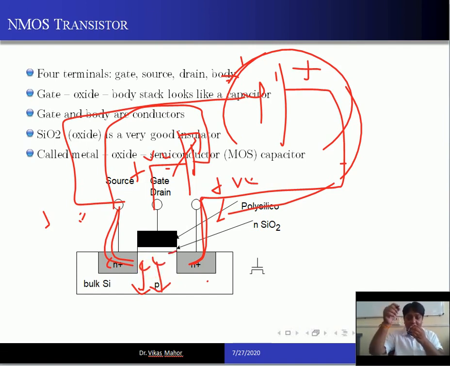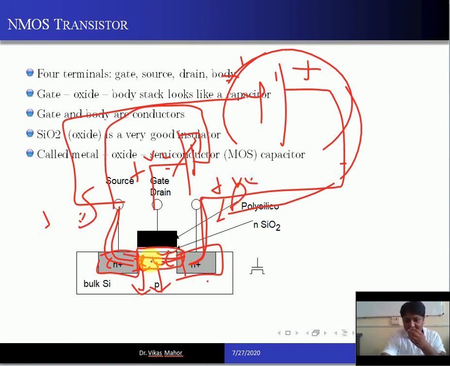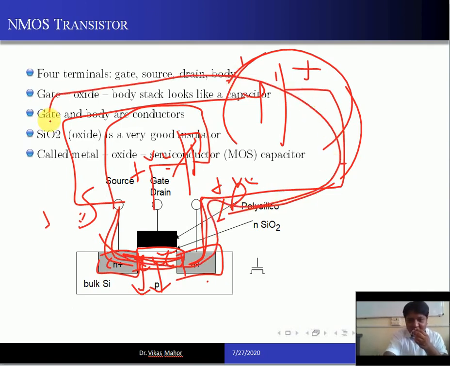So when you put a higher gate voltage, the electrons will be left behind, and a layer of electrons will be made between the N-type source and the N-type drain. A layer of electrons is formed, and when you apply voltage between source and drain, since there is already a layer of electrons, this layer of electrons will help in conduction of current like this.